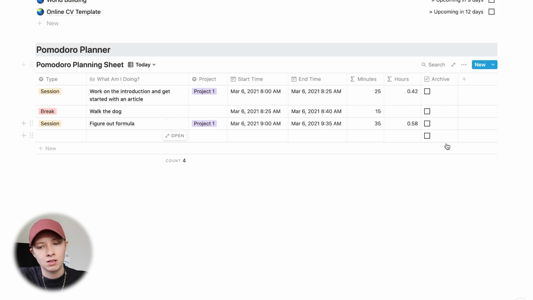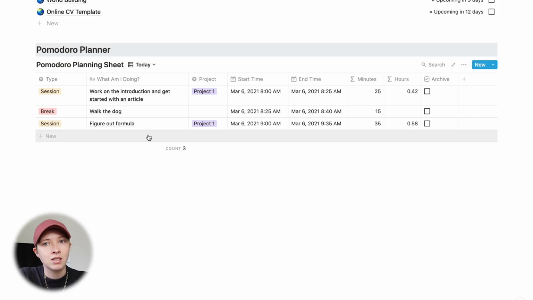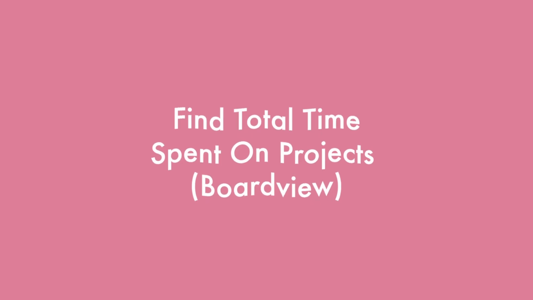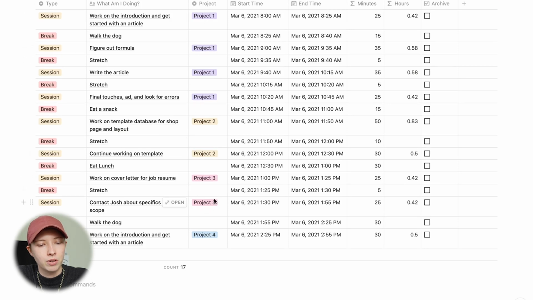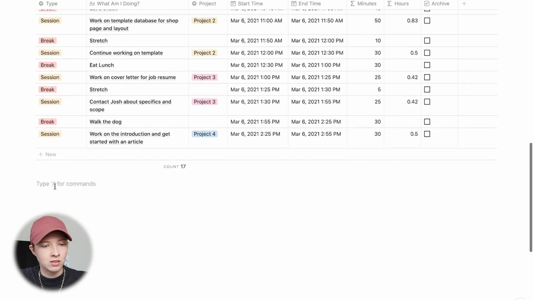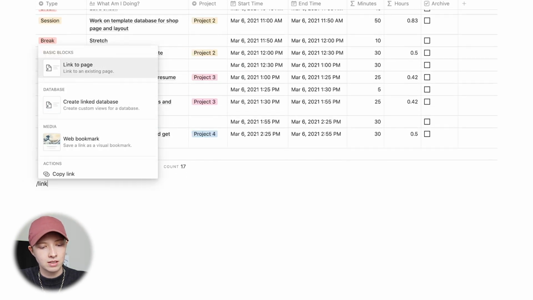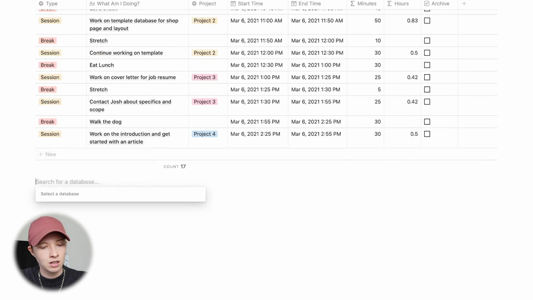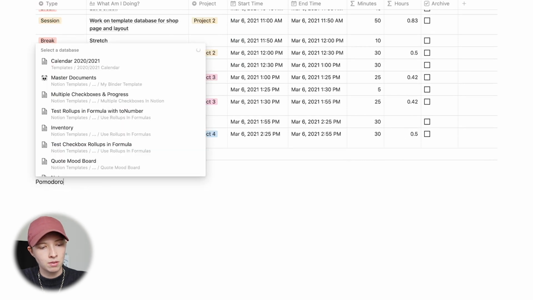Okay, so why do I want this number? It's because I want to collect how many overall hours each project has been worked on. And I kind of want an exact number. Off camera, I'm going to fill out this database a little bit more, and I'll show you how you can collect the total hours from each project. Now what I want to do is find the total number of hours each project has accumulated. The best way to do this is to go /linked database, and we're going to link to the Pomodoro planning